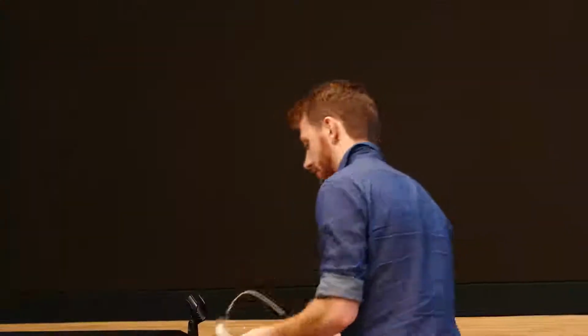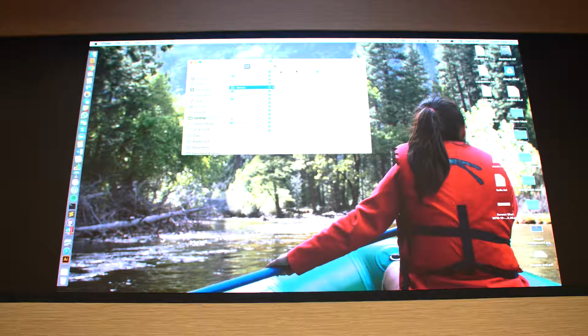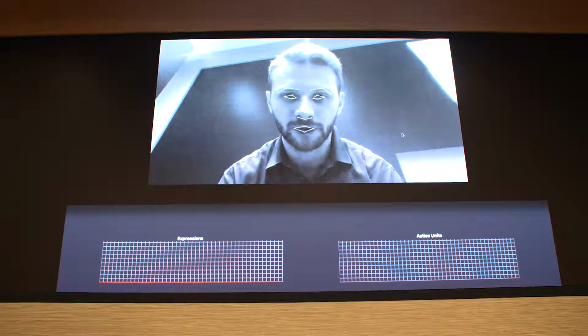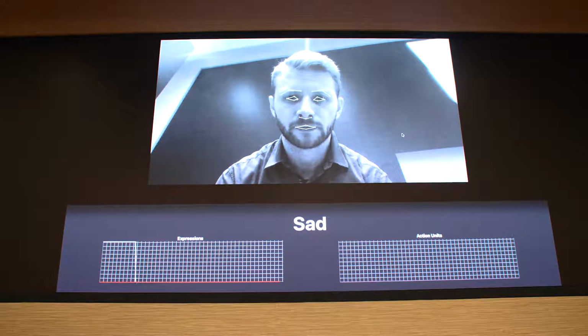So let's just grab this. So you put on a pair of glasses. They use the outward-facing camera to track emotions in people's faces and tell you how they feel right then and there. And so, of course, let me just try to show this briefly to you. What's running behind it is an emotion recognition system running a face tracker, and that can track up to 100 fiducial points in your face. Turns out you don't need that many. And a classifier that can,